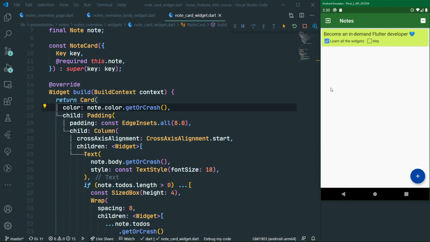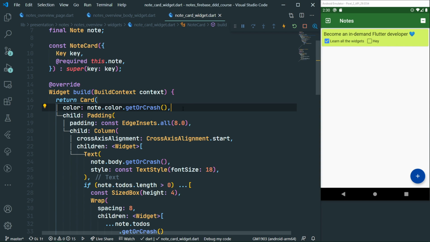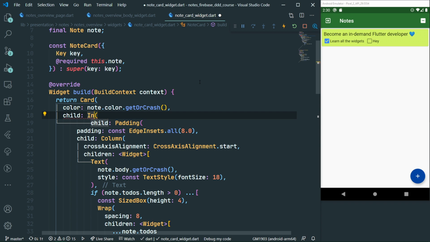There are multiple ways to do this, but because we also want to have a nice ink splash animation as per material guidelines whenever a user touches a card, we of course want to use an InkWell. So we are going to wrap this padding inside a widget called InkWell,